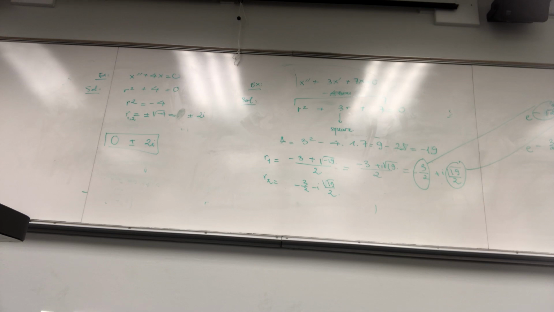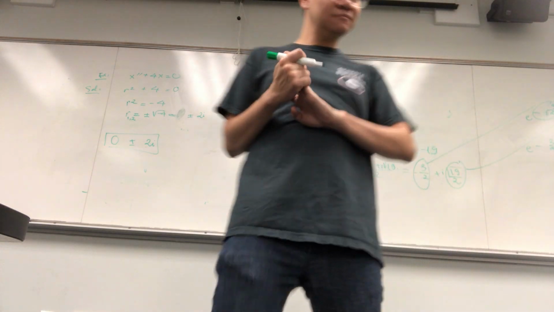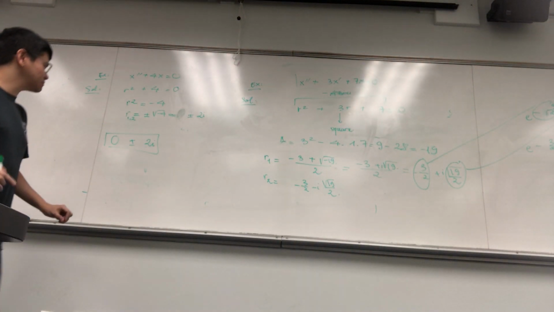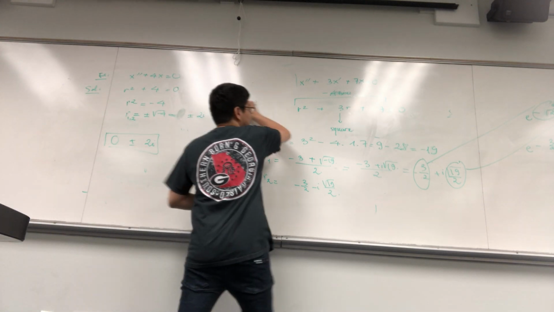Yes? Would it be 1 times cosine of 2t, and the other one would be sine of 2t? Right. Can you sign at the back of the paper, please? Right, so this is